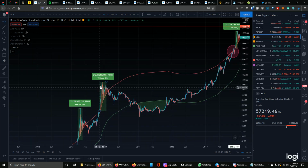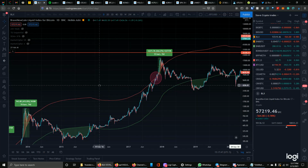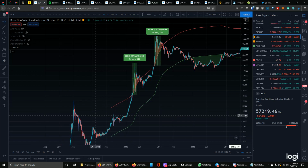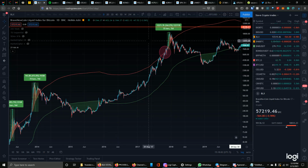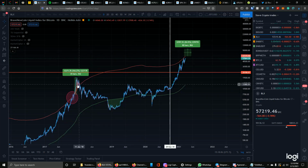So until this is proven wrong, and again, we only have 1, 2, 3 data points. Okay, so we only have 3 data points, but I would presume this red line probably also was around here, back here in 2011. But we have 3 confirmed data points. So I'm going to take the odds of taking at least 50 to 80% of mine off of the table